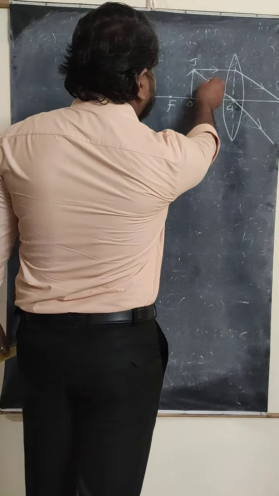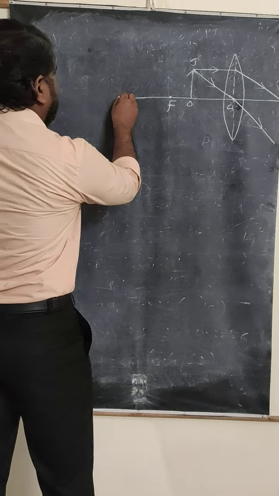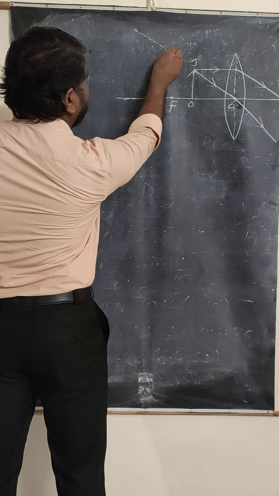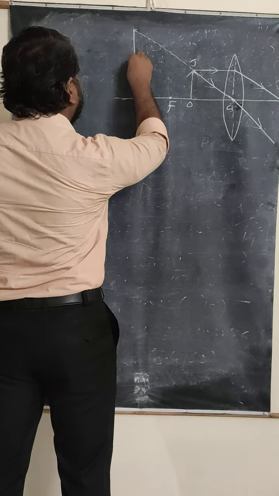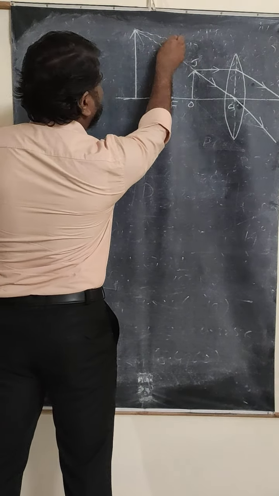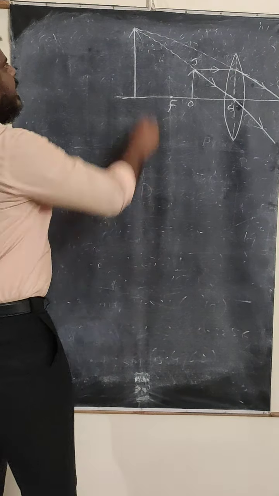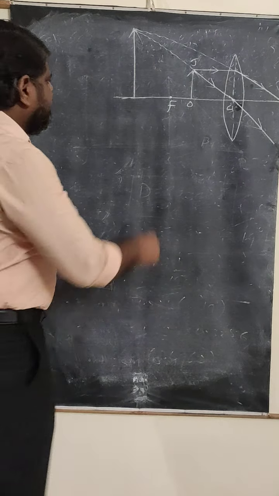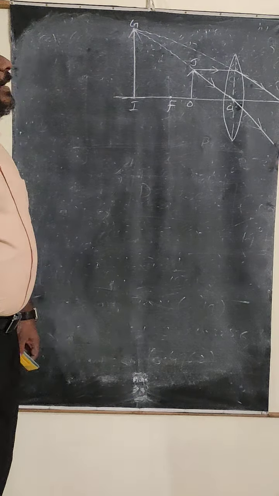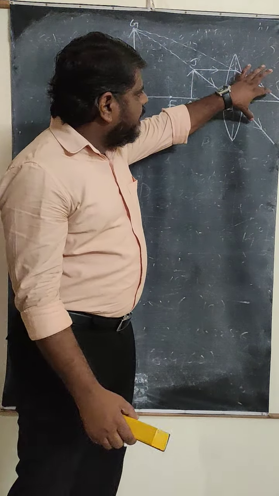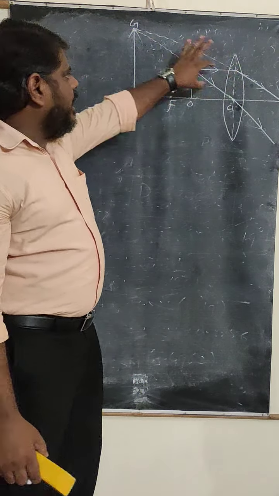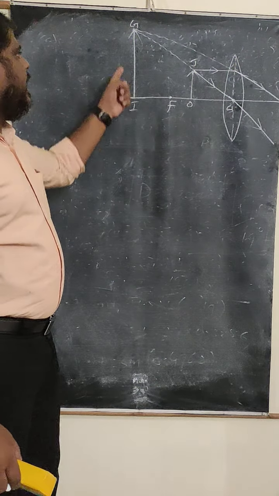Now, when you extend these rays, what happens? The final image is going to be produced. If you extend this ray, it comes like this, and here you get the final image. And if you extend this one, it becomes like this, and here the image is produced. This image can be represented by IG. That means if you extend back the refracted rays after refracting through the lens, the image is formed behind the object at IG.